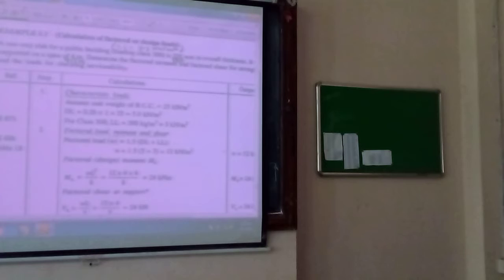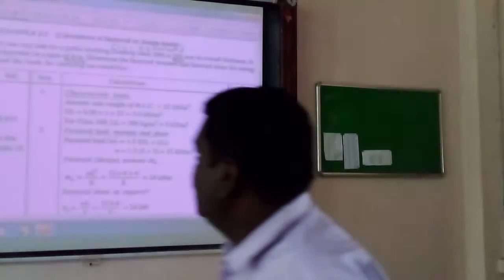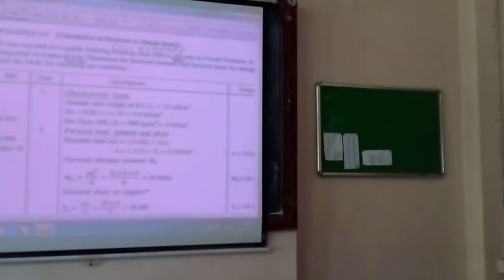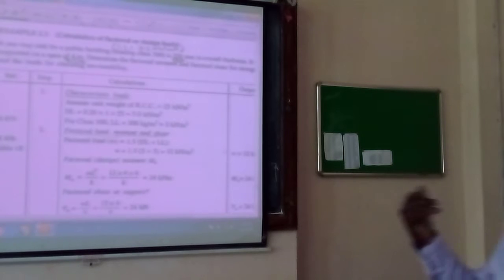Okay. Now we will see one problem, how to compute. So we take down this problem. We have one way, just for example, some problem: how to calculate design loads. I will dictate, I will tell you, write down. How to compute ultimate load, design loads, for a problem. I will discuss with you some concepts. Listen. Take down this one.